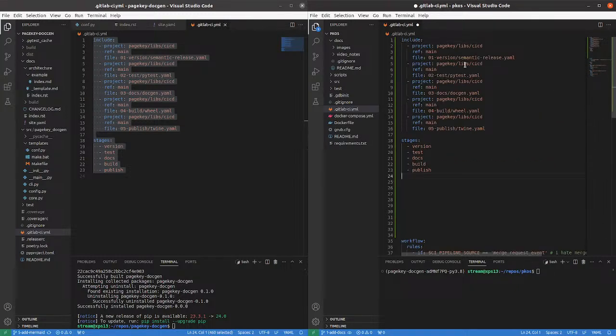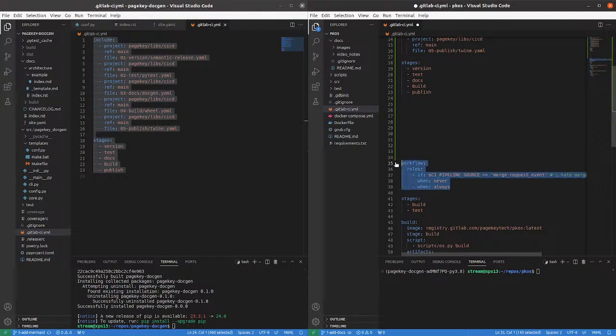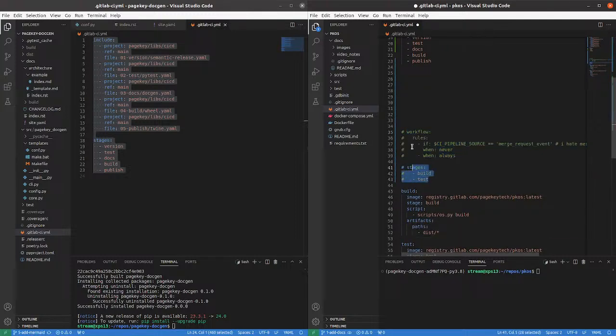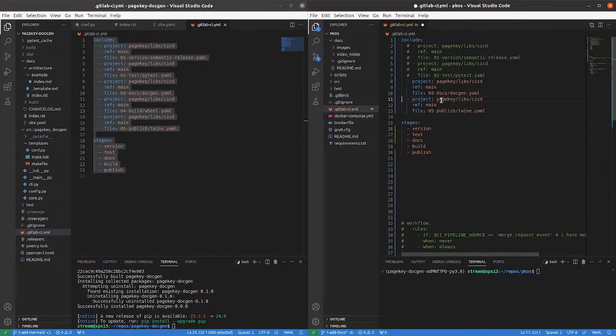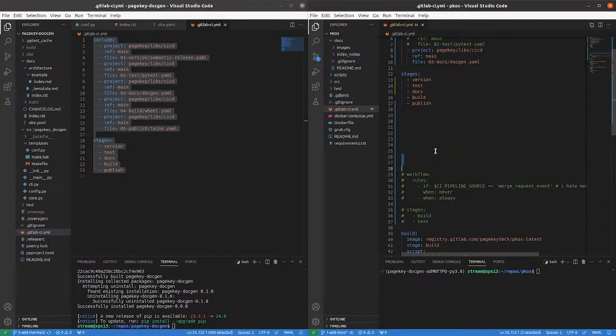Let's switch things up a little. What is this workflow thing? I'm going to comment that for now. I'm going to comment this out. Build and test, I'm just going to leave. I don't think that I need... I'll hold off on semantic. I'm going to comment semantic release. I think I'll probably want it eventually. I'll leave PyTest commented too. We really do need Docgen. We don't need the wheel. Don't need twine. So, it's a messy file, but